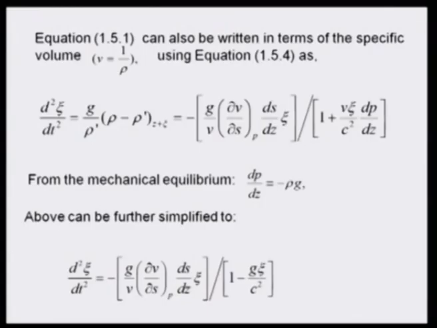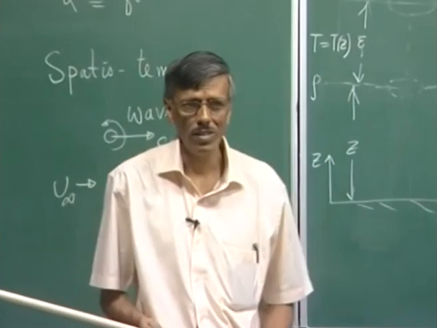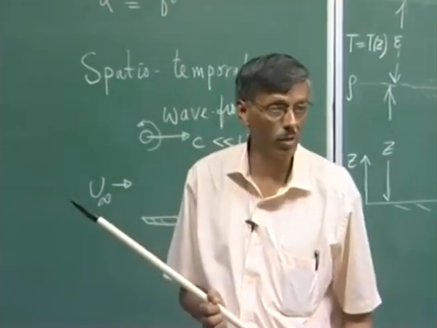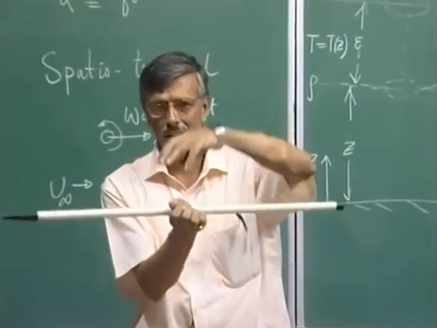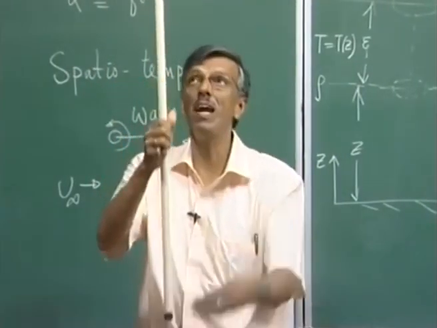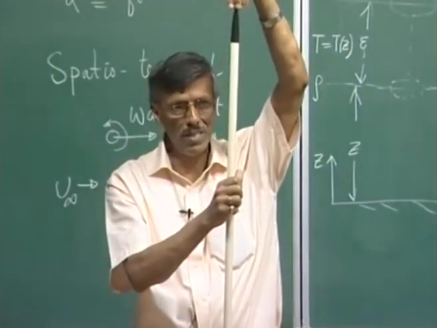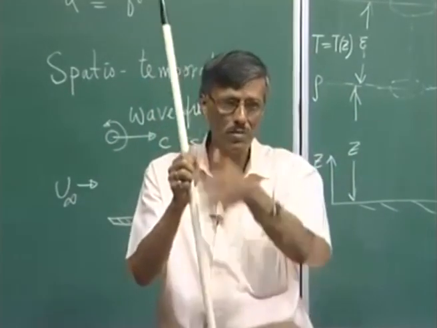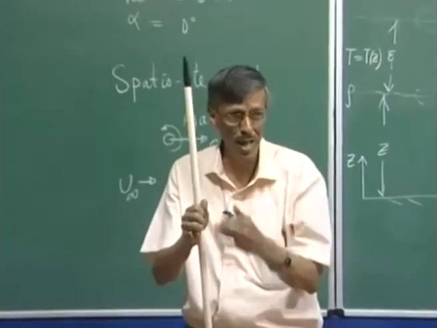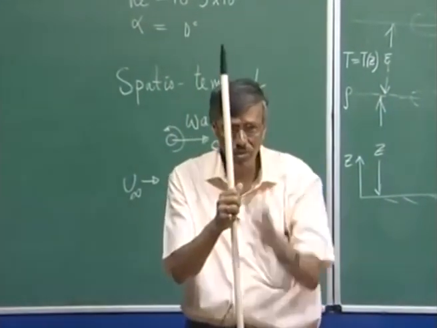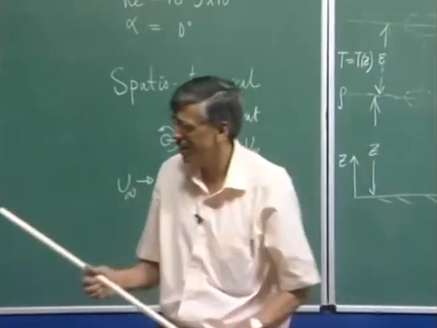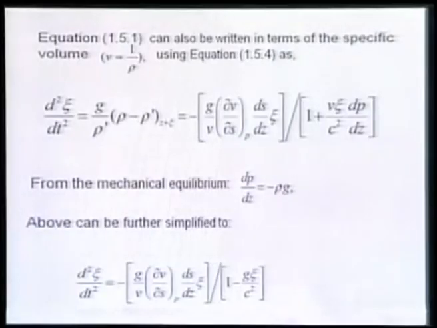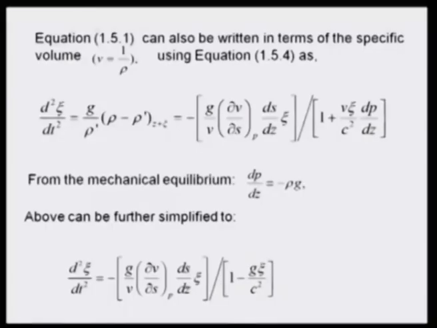Now, if I look at the parcel itself, what about its mechanical equilibrium? I can consider a cylinder. On the lower side, I have a pressure P, on the upper side I have P plus dp/dz times Δz, right. If I look at the equilibrium in the vertical direction, if the forces are balanced, then the weight of this column should be equal to the pressure difference. If this height is dz, then Δp must be equal to ρg dz. So, that means dp/dz is equal to minus ρg, right.